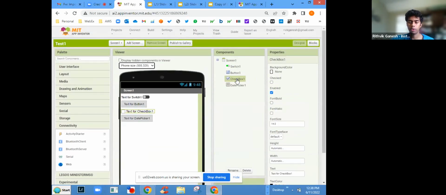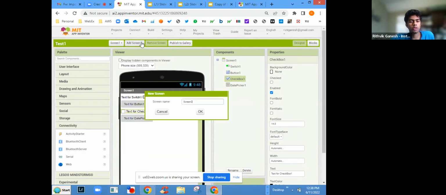And then we get to the components page right here, where when we click on it, we can see the different screens we've set up, of which we've only set up one screen. And then the different components that are within the screen. So I told you guys that we can look at not behind the scenes, but the bigger hierarchy of our code. And so one way to do that is you can actually add a screen. So if I add a different screen,